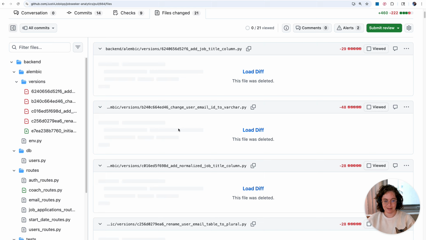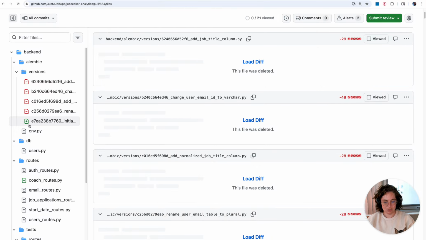Hello, this is an overview of this pull request, and I'll start out by saying you'll notice there's a bunch of deleted files. That is so sad. This is because when I first started this project, I had attempted to be a good database migration practitioner and use Alembic, but I did not have the time or patience to properly figure it out. I tried, I really tried, but alas, the migration files themselves were based on broken user states,